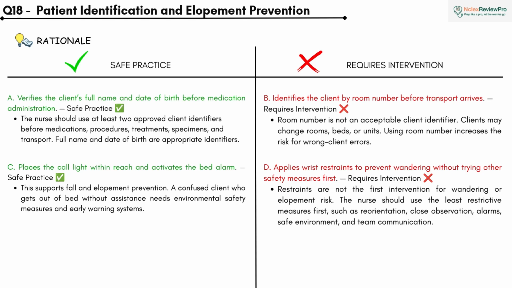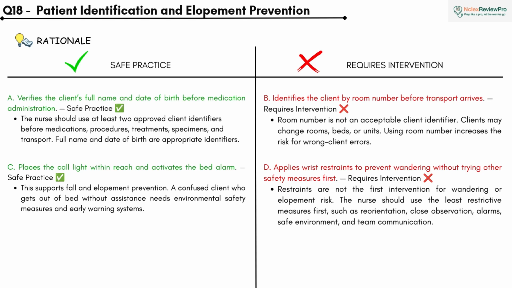For option D, applying wrist restraints without trying other safety measures first requires intervention. Restraints are not the first intervention for wandering or elopement risk. The nurse should use the least restrictive measures first, such as reorientation, close observation, alarms, a safe environment, and team